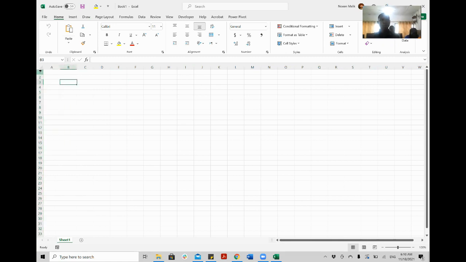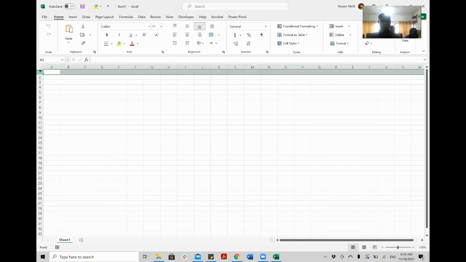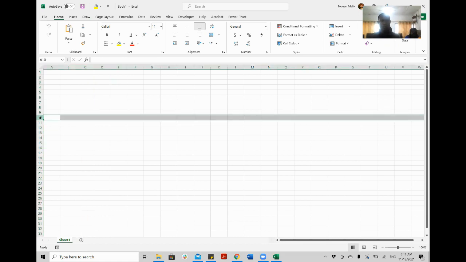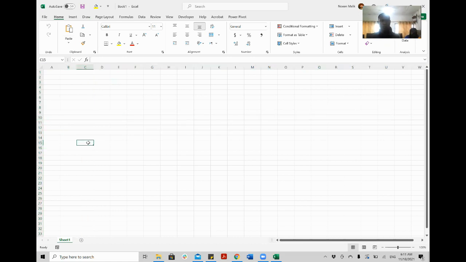If I put my mouse here on 1 and press left click, it is called a row. Same way, this is called a column. So these are all columns and these are all rows. This is important for you to know.